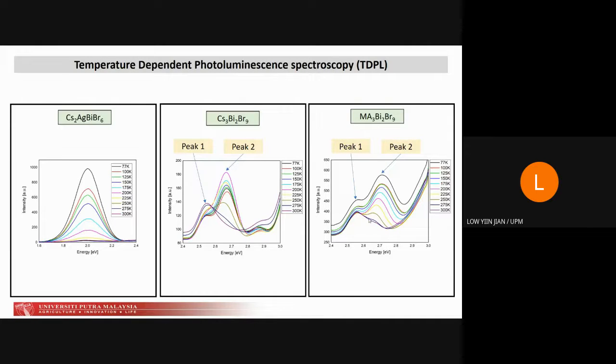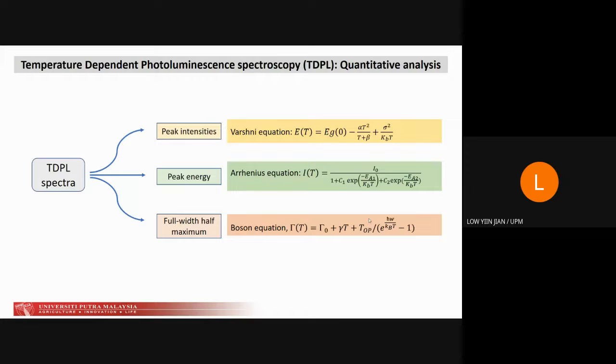And the TDPL of all the samples is shown in this slide. The 2116 structure only exhibits a PL peak with a broad FWHM located at 2.0 eV, while the 329 structure for MA and CS shows two peaks at around 2.5 and 2.7 eV. And to obtain the TDPL data,